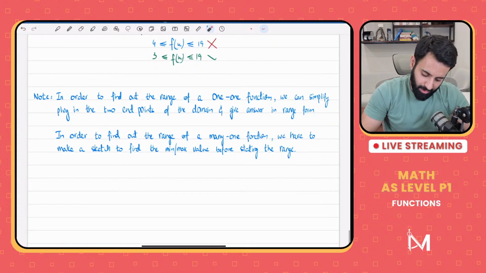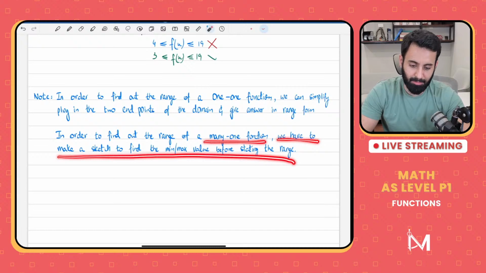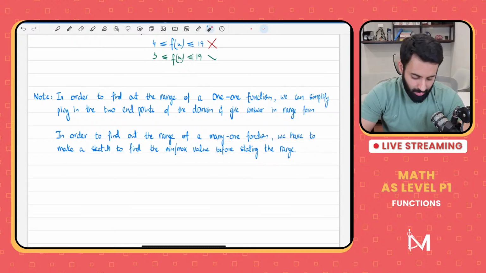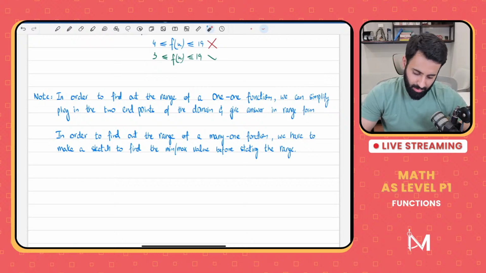But in order to find out the range of a many-to-one function, we have to make a sketch and find the minimum or maximum value before stating the range. Another important note, which I will add here,